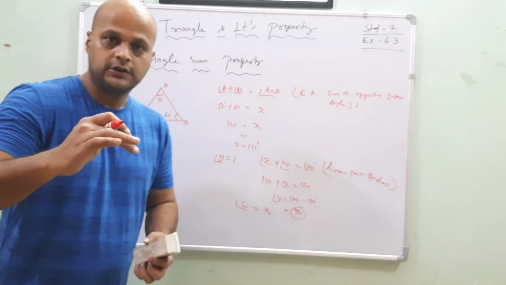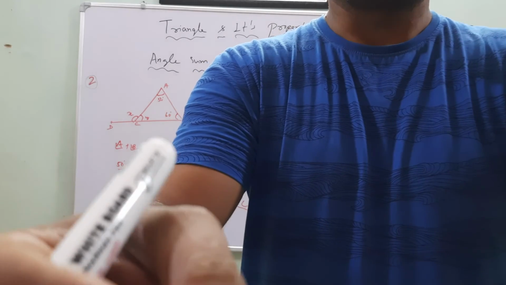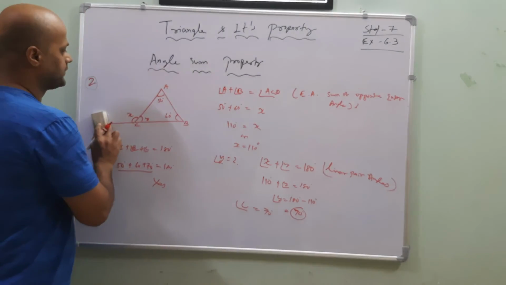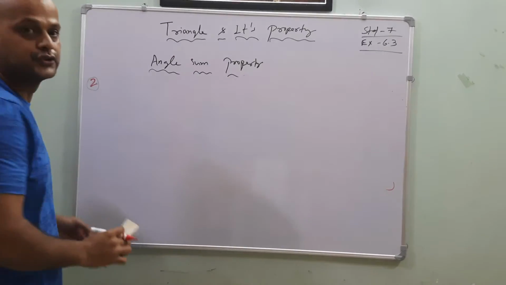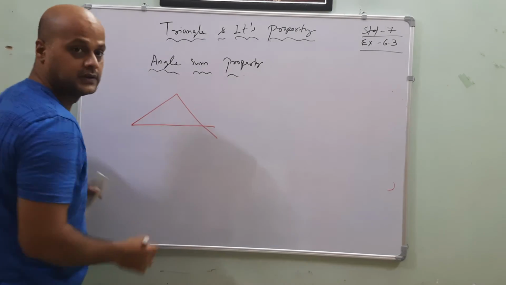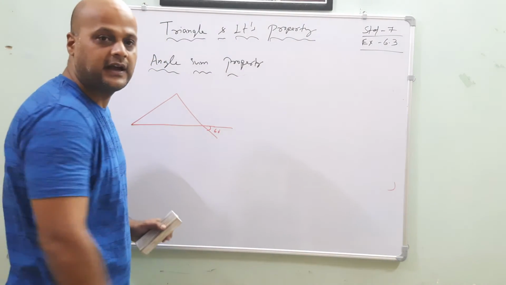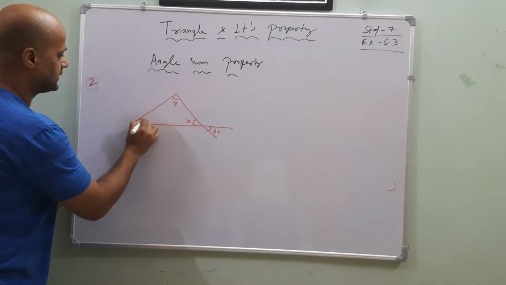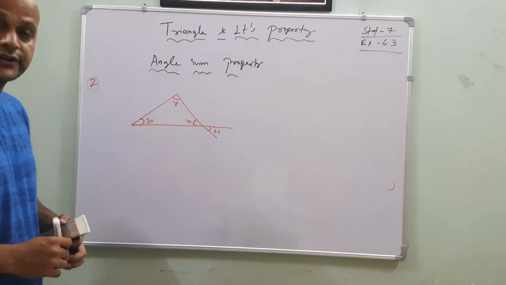Now come to the next question for you. What is the next question? It is given here, my dear friends. Another two questions are there. Okay. I will do one and you will do another one. See. Let's go for it. What is that? A triangle is given for you, like this. It is 60 degree. And here it is x, here y, and anything else is there? Yeah, it is given 30 degree. Now, can you tell me what is the solution for this one?